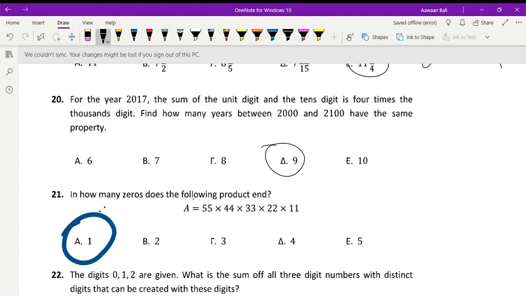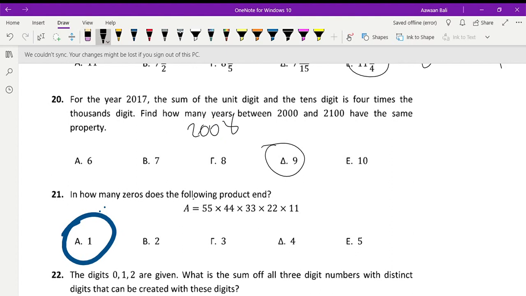Question number 20. For the year 2017, the sum of the unit digit and the tens digit is 4 times the thousandth digit. Find how many years between 2000 and 2100 have the same property. So basically, to find this property, you have to look at it. So 2007, the sum of the unit digit and the tens digit is 4 times the thousandth digit. The thousand digit is 2, which means the sum has to be 8 always, since 2 times 4 is 8. And this is also one of the years in between 2000 and 2100. So that means basically we can say 2008 first,